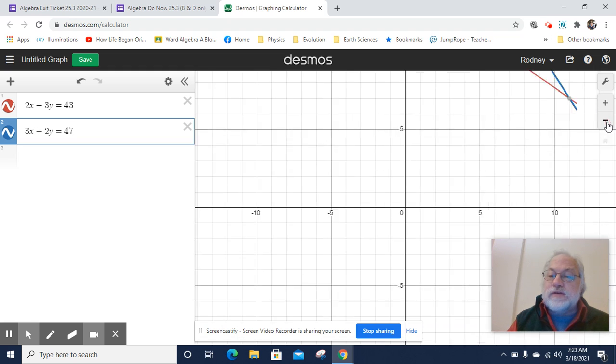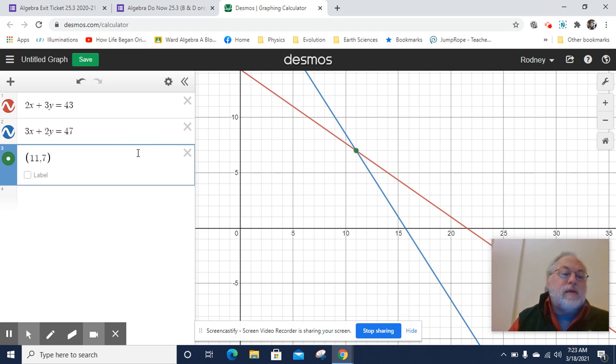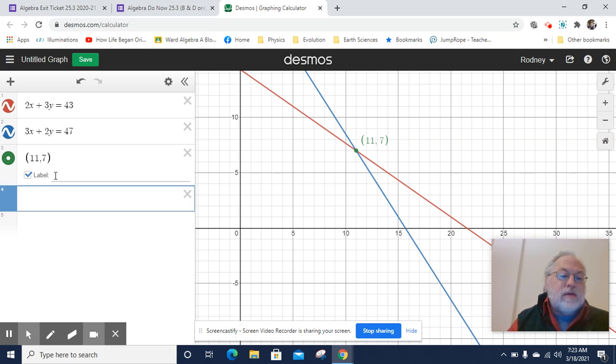Well, it gets us off the screen, so we got to zoom over. And there it is. There is our intersection point. The red line is your shopping spree, and the blue line is your friend's shopping spree, and of course the bargain place. And so we've got a point at 11, 7. Okay, so that tells us that it costs, let's actually label that. We can do this. It costs $11 per pointy hat